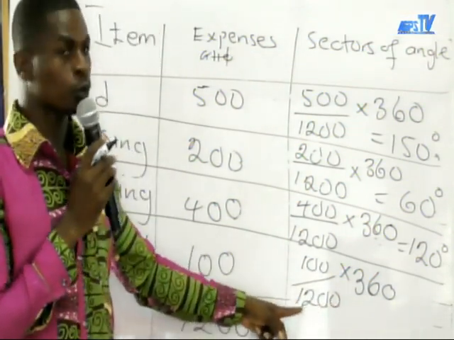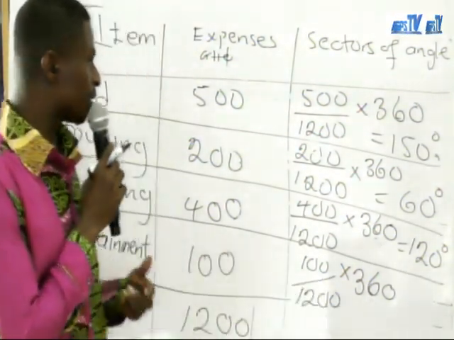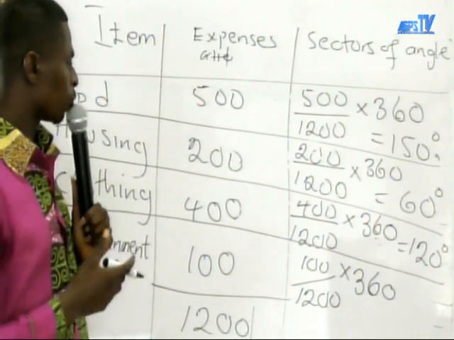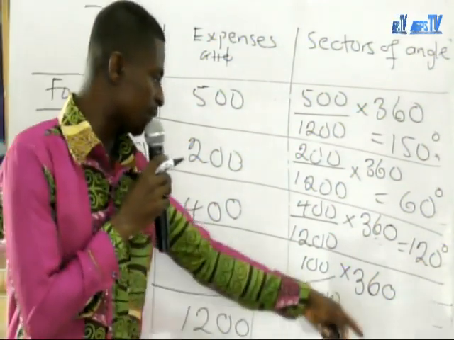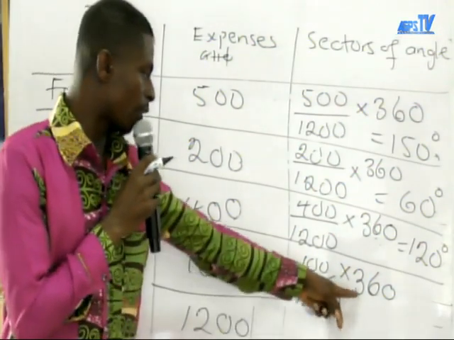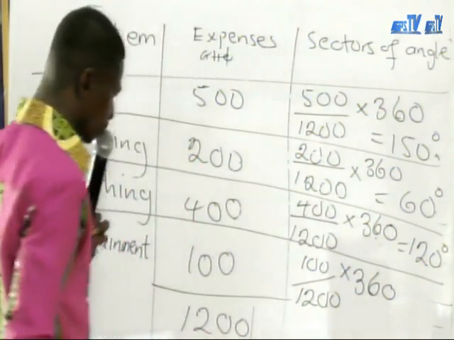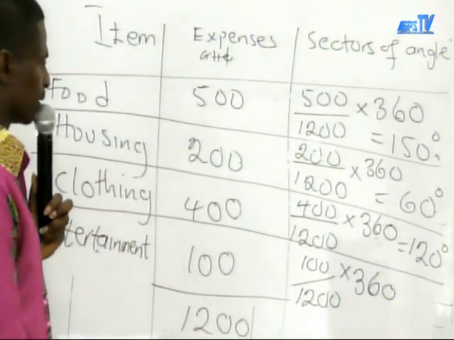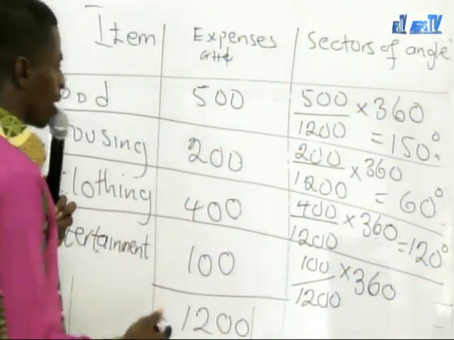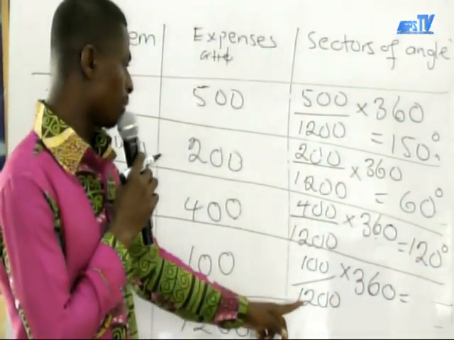That gives me 1 on 12. And 12 will go into 360, 30, forgive me. 12 will go into 360, 30. And so we have our 130. So we have our,